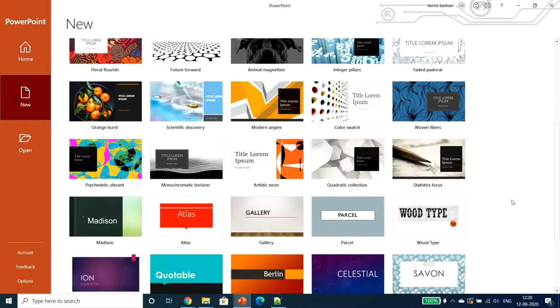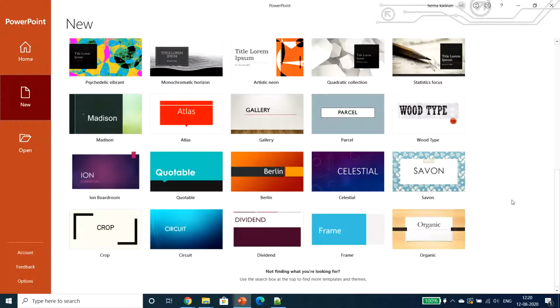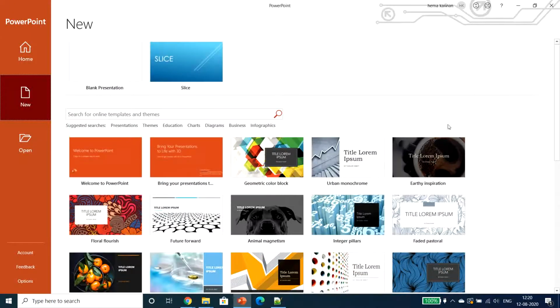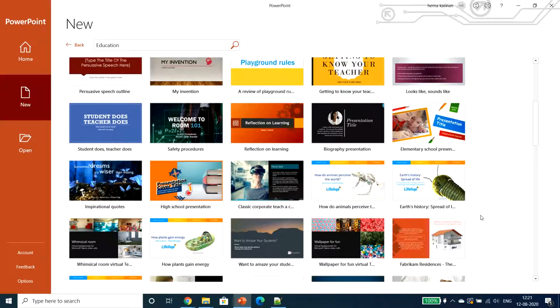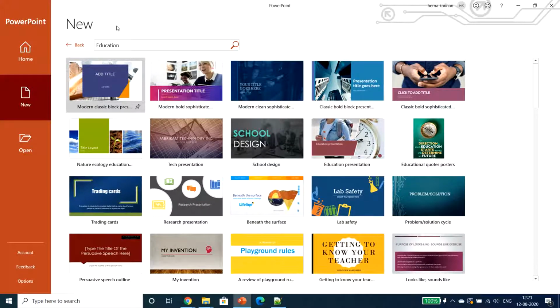Whatever theme you have selected should match your title or the concept we are going to design. For example, if your theme is related to education, we can click this suggested theme, so all these will be related to education slide design.